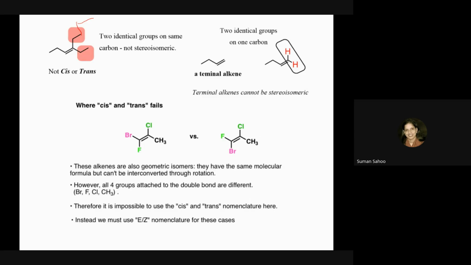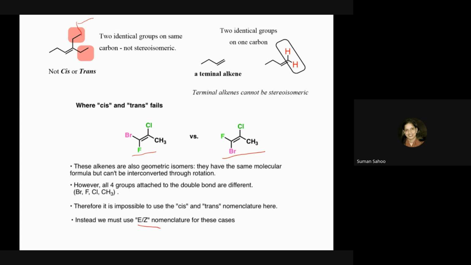...different, they are on the opposite side of your carbon-carbon double bond, we tell them as trans. But in these cases, suppose you just consider this example. Here there is no similarity among this bromine, chlorine, or fluorine, CH3. So in this case, it is difficult to actually assign cis and trans. So in this case, instead of cis and trans, there comes your